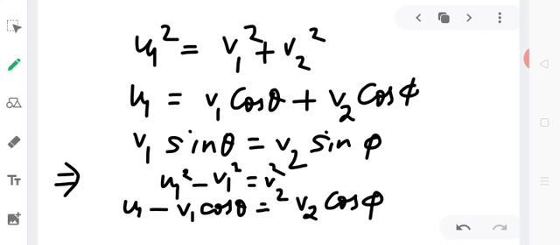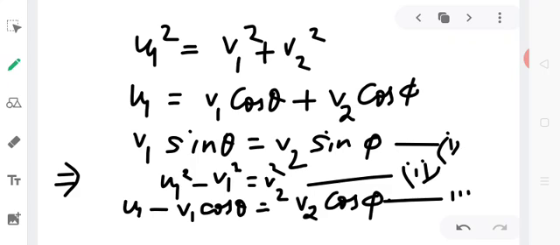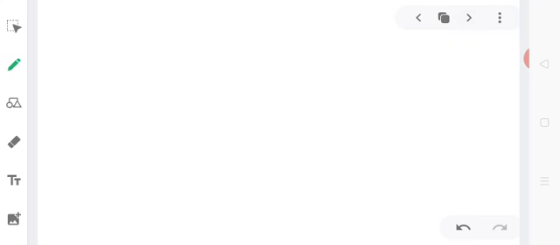So let us mark them as equation number 1, 2 and 3 again. Now squaring and adding equation number 2